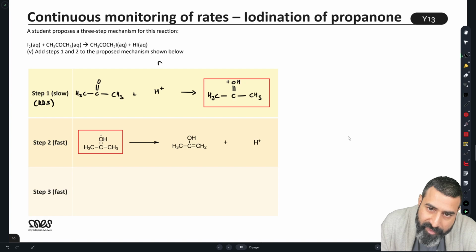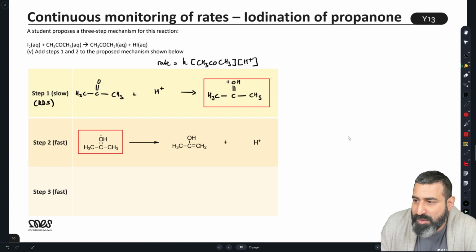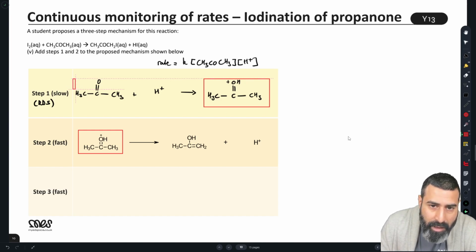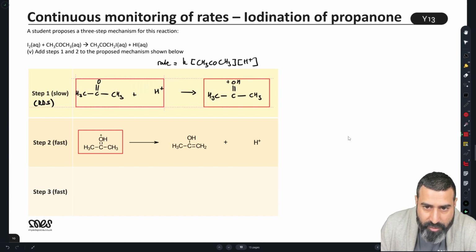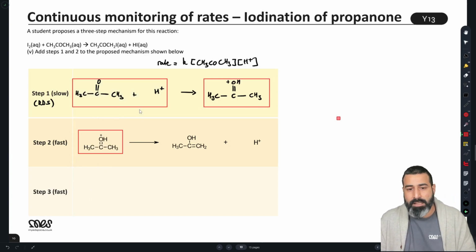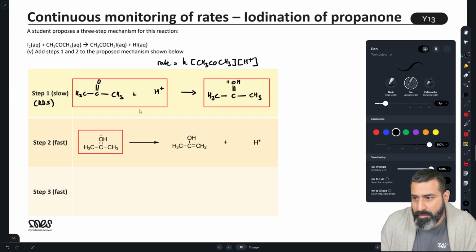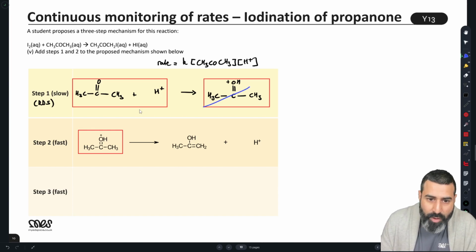From this, I can infer that the rate equals k [CH3COCH3] multiplied by the concentration of H+, because we're just looking at the species in the RDS, those correspond to the species in the rate equation and the molecularity as well. Perfect, great. So this is an intermediate formed in step 1, which goes on to react